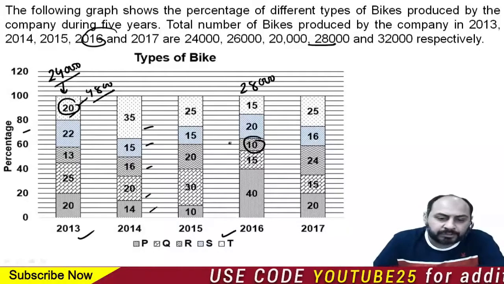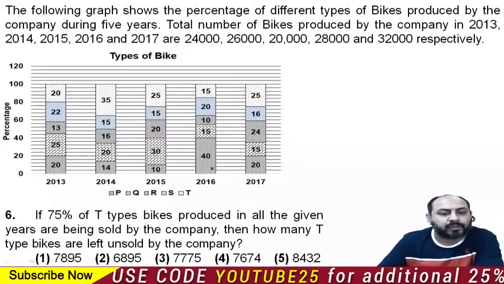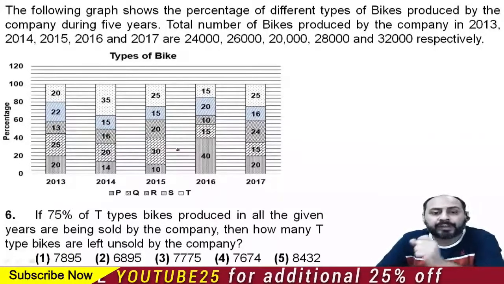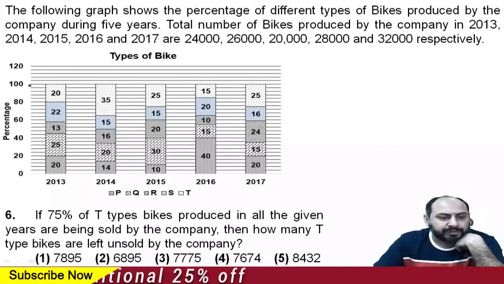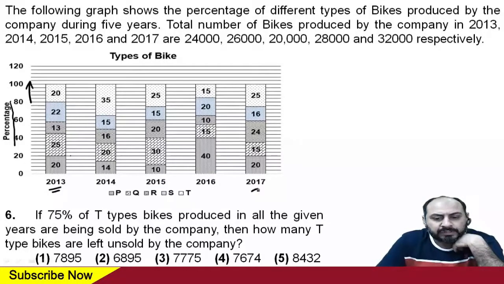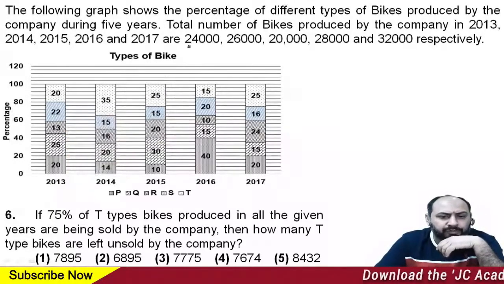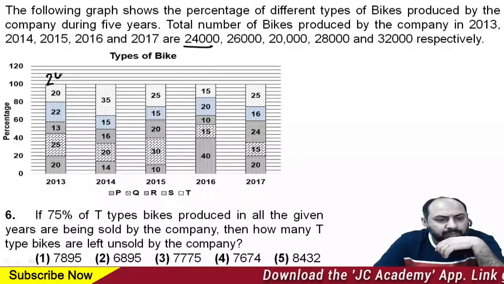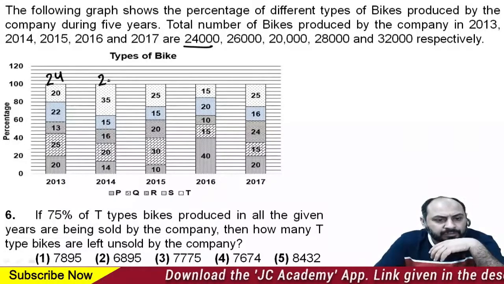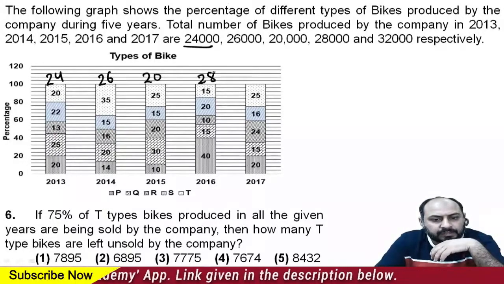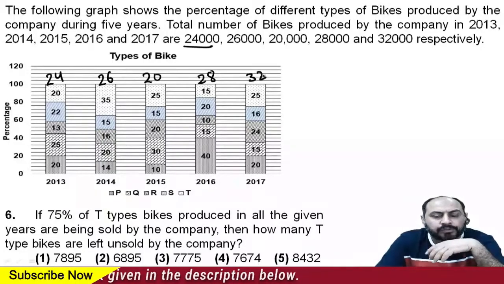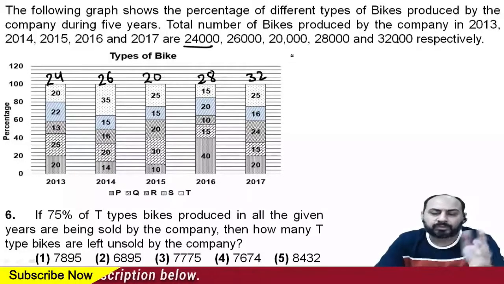Now let's get started with the questions and then see how we can solve these questions one by one. Before we go ahead with the questions, I would like to tell you how you can speed up your calculation techniques. You have to keep in mind that the y-axis is representing values in percentage, and we are starting from 2013 and ending at 2017, right? And also given the total production in numbers of units. So this is 24,000, I'm writing only 24. This is 26,000, I'm writing only 26. This is 20,000, this is 28,000, and this is 32,000. So 1% would be 320, so on and so forth.